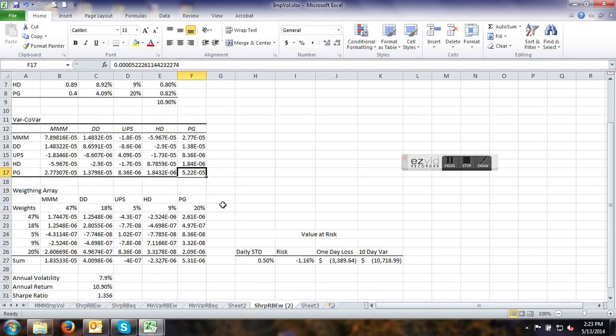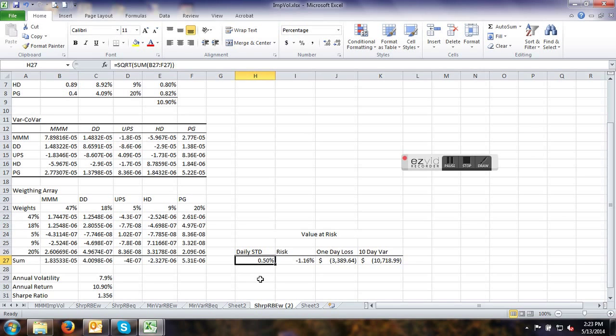Unfortunately, mathematically speaking, there's no way to use implied volatilities from options to get the covariances. So we're just going to assume that the covariances stay consistent, and just the variances are going to change. So the way the stocks move with respect to each other stays consistent. The underlying volatility of each individual stock may go up. And what you'll see here is that we dropped from